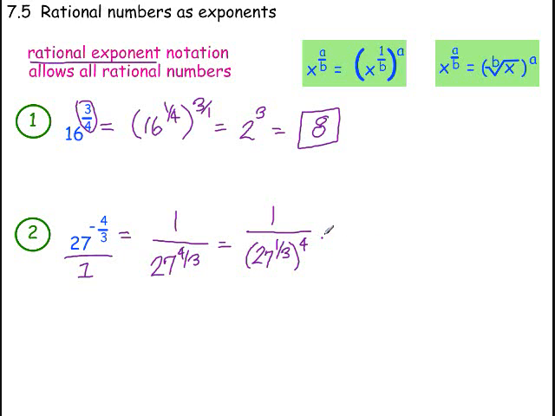I think we're going to be able to re-express the 27 to the third root as 3. And 3 to the fourth power is going to be equal to what? Well, let's see. 3 to the third power is 27. And 3 to the fourth power is 81. If we multiply 27 times 3, we get 81. So I know my answer here is